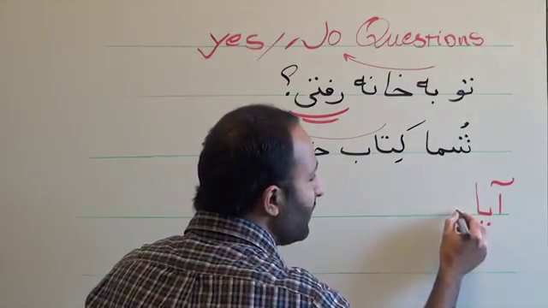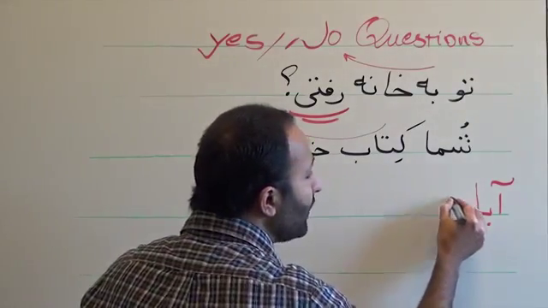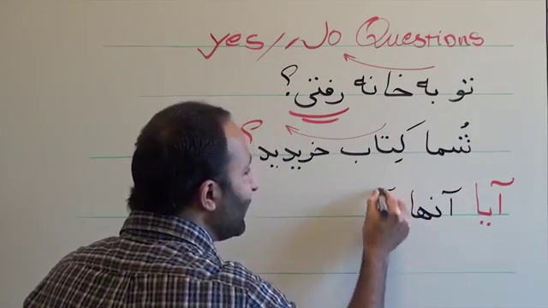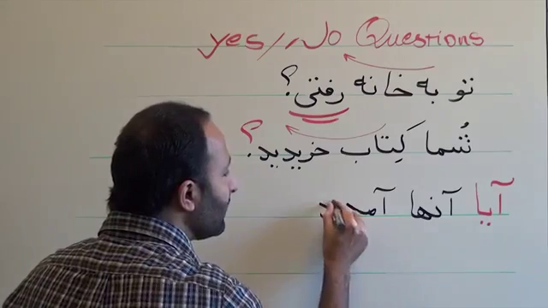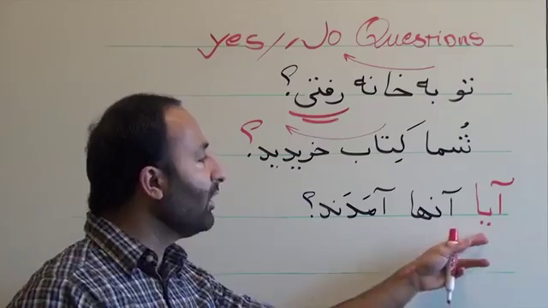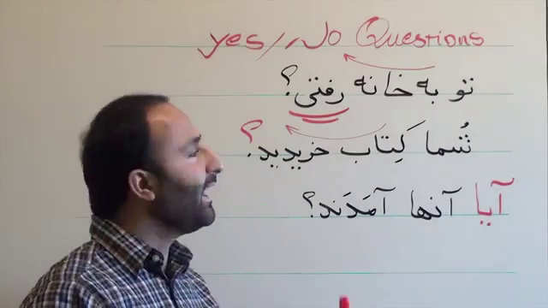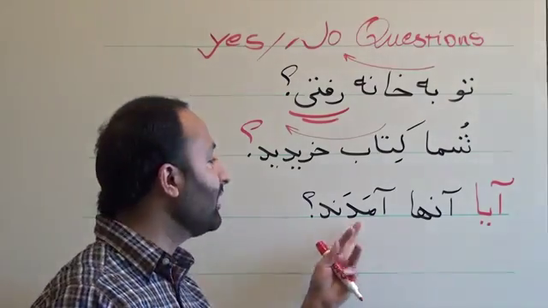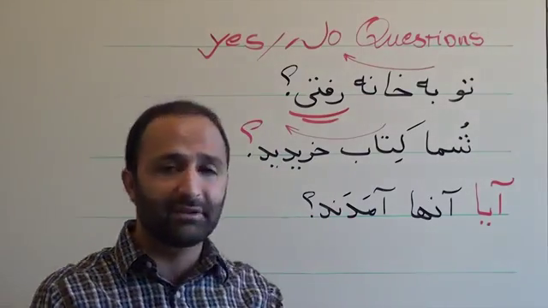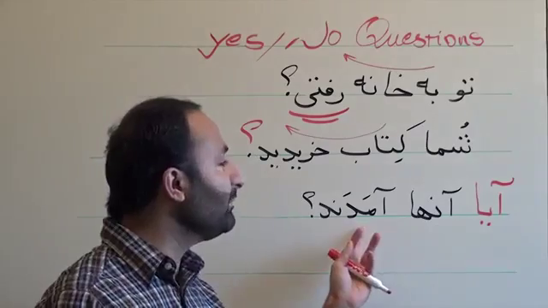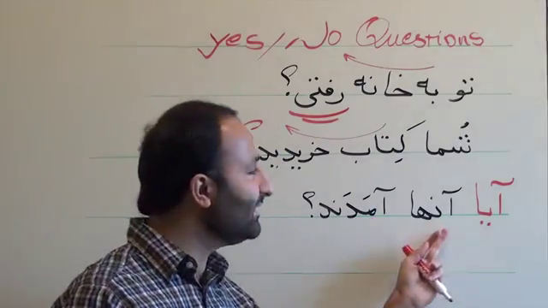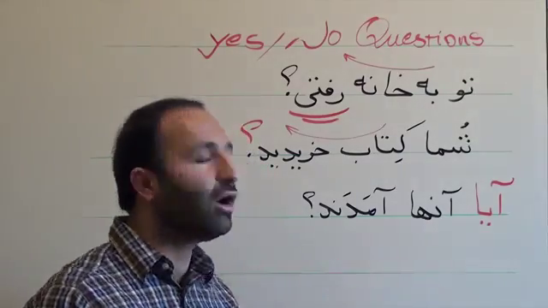آیا آنها آمدند؟ Again there is rising intonation and stress on the end of the sentence. Did they come? Did they come? آیا آنها آمدند؟